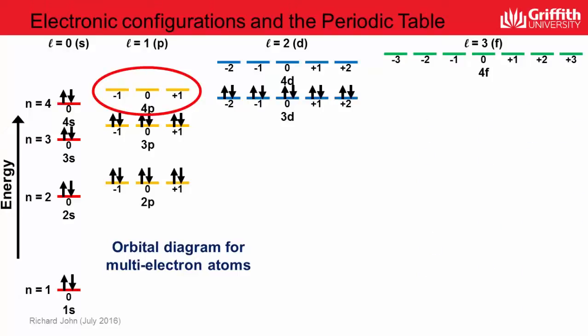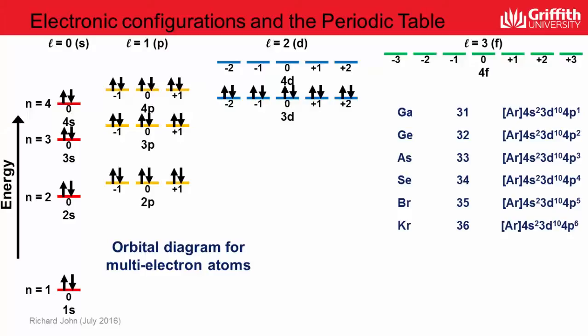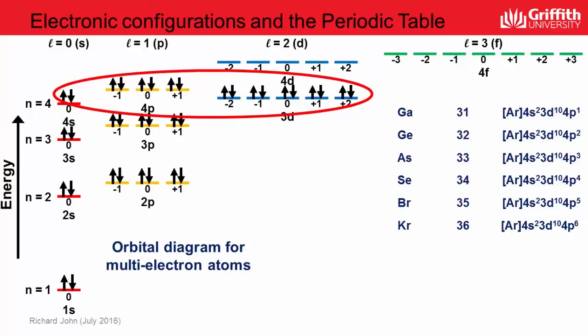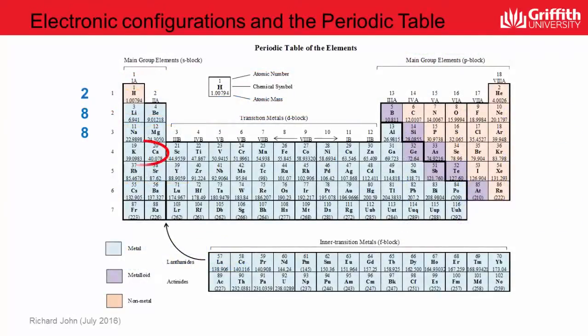The next subshell to fill is the 4p subshell, and it can accommodate a total of 6 electrons, and those 6 electrons correspond to these 6 elements here in the P block, elements 31 through to 36. And what we see here, these 18 electrons, correspond to the 2 elements in the S block, plus these 10 elements in the D block, plus these 6 in the P block, a total of 18 elements